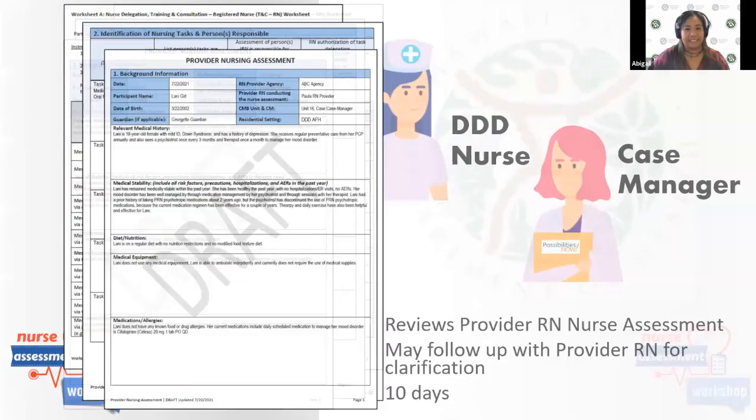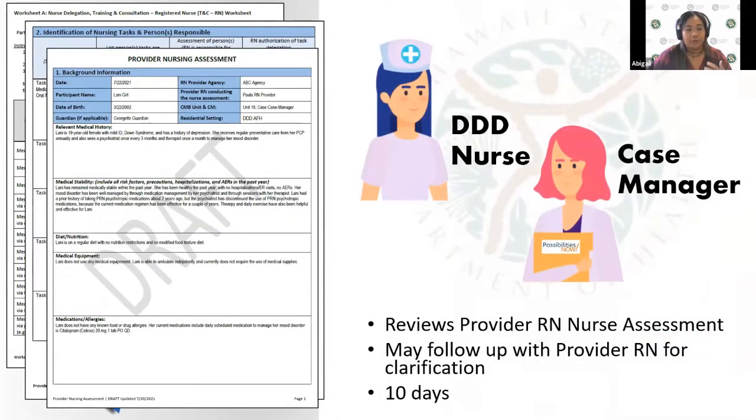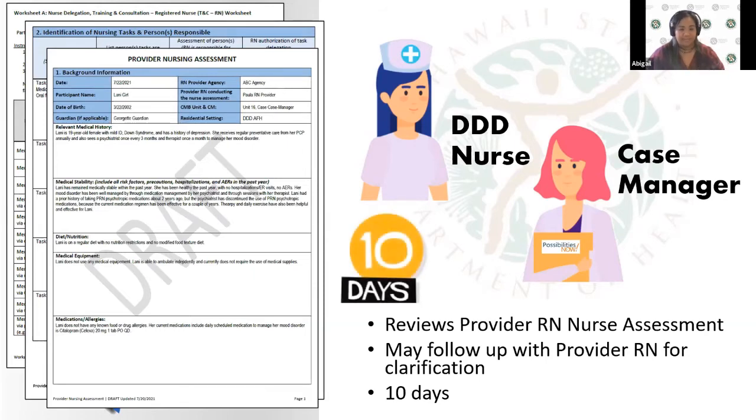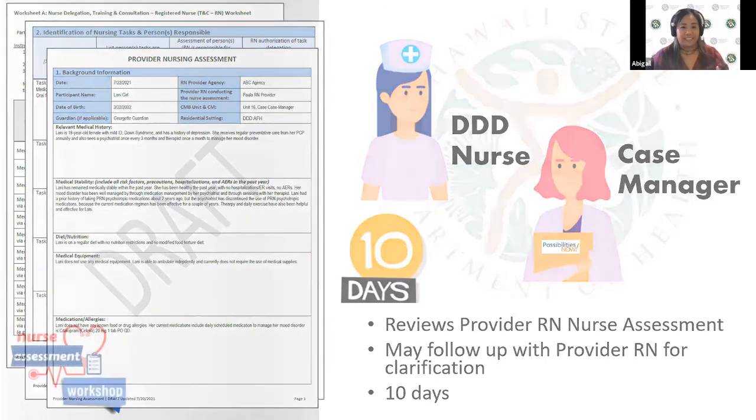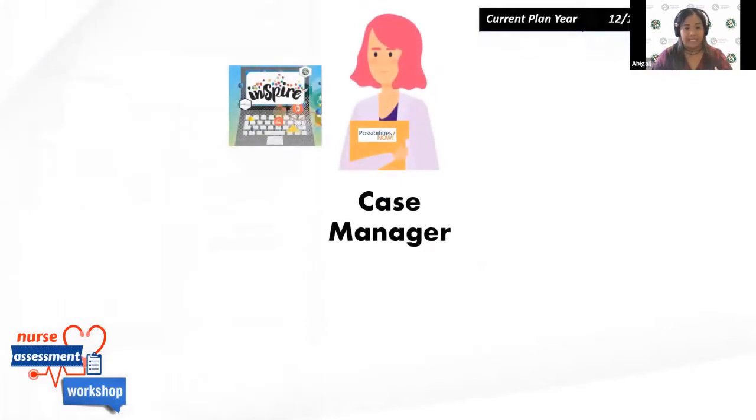After that, the DDD nurse and case manager review Paula Provider's nurse assessment, and should they need additional clarification, they will contact the provider. But during these 10 days, the case manager and the unit nurse will review and authorize the remaining hours. Okay? So again, the authorization process for the current plan year is, right, we did the initial